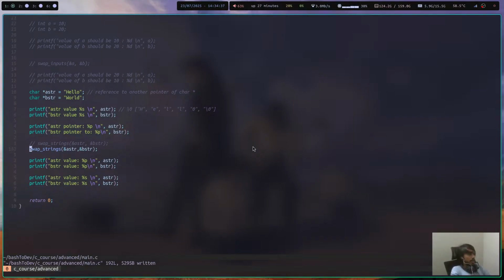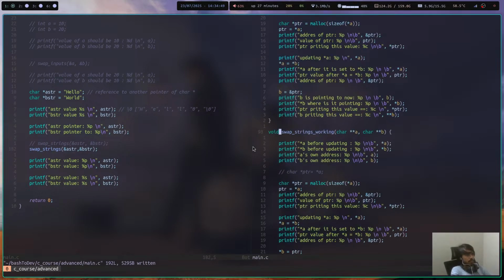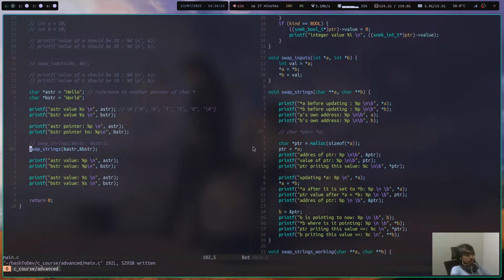Okay, and I am sending the address of that pointer in this parameter, which if you can see, we have this function over here, swap strings, and it takes in basically this double pointer of character A and B. So we are passing it the address of that pointer, which is already pointing to the first element of the array. So the problem that I'm currently facing is